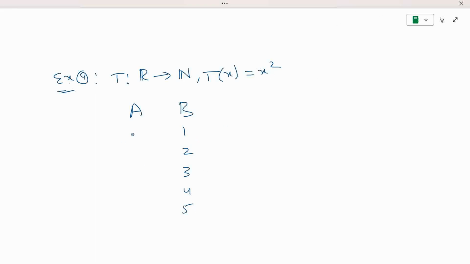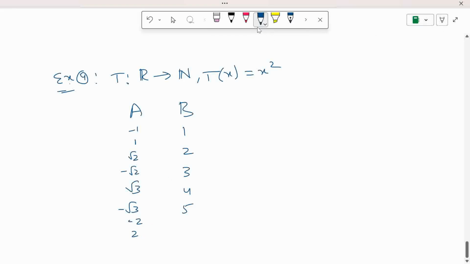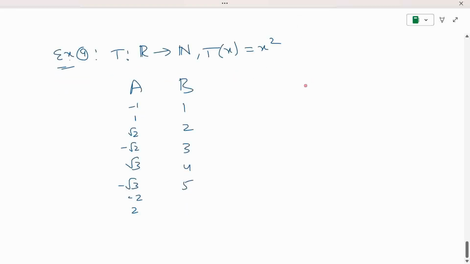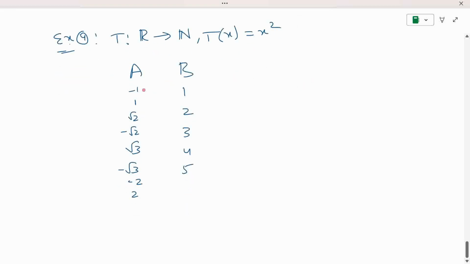And let me write here the real numbers. So I can write minus 1, plus 1. I can write root 2. I can also write minus root 2 because these irrational numbers are also part of real numbers. Root 3, minus root 3, minus 2, 2, and so on. We need not go that far, just a small set is enough. Here we can map 1, 2, and